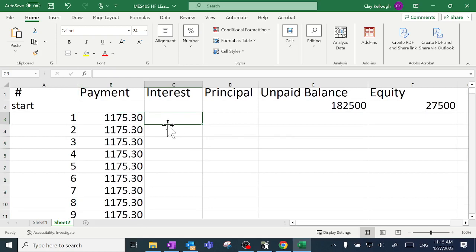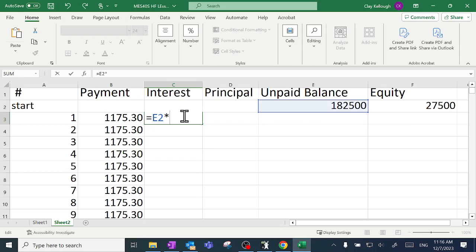Now, where did the interest come from? Well, the interest came from, and this is where I can enter a formula now. It came from principal times rate times time. This was the principal, right? So I'm going to, in this cell, enter a formula. And if I'm going to enter a formula, I start with an equal sign so that the program knows, hey, I'm going to do a calculation here. And I want this number. And where is that number? I don't want to just type the number. I want it to say where it is. It's in cell E2. So I type E2